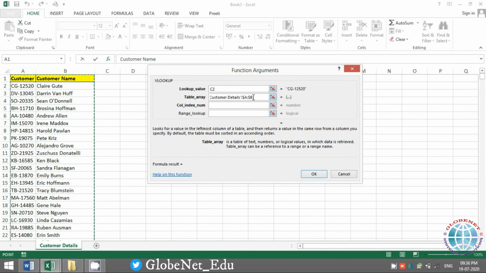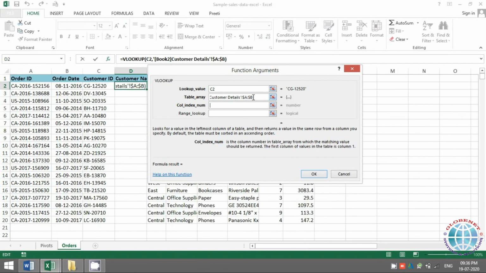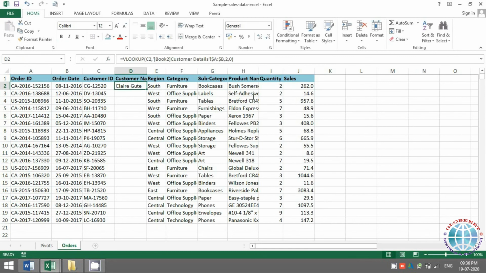So if it was an external file, it automatically does this absolute reference on its own. So in case you are doing VLOOKUP in two different files, you don't have to worry about this dollar symbol. But if you're doing it in the same file in different sheets, then you have to put this dollar symbol manually, or else it may throw an error. So this is one frequent error that happens in VLOOKUP. That's it. You can just drag it in.